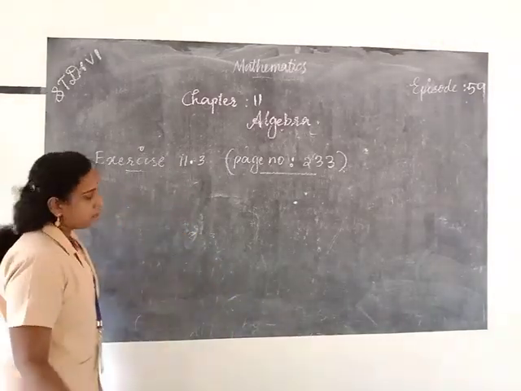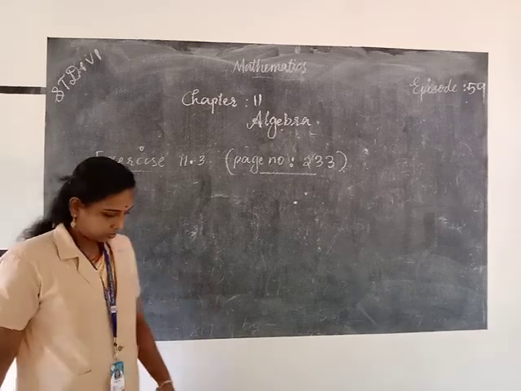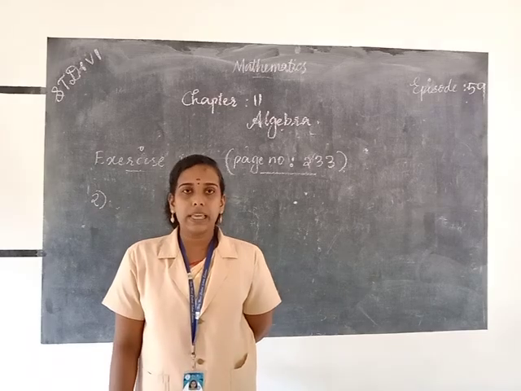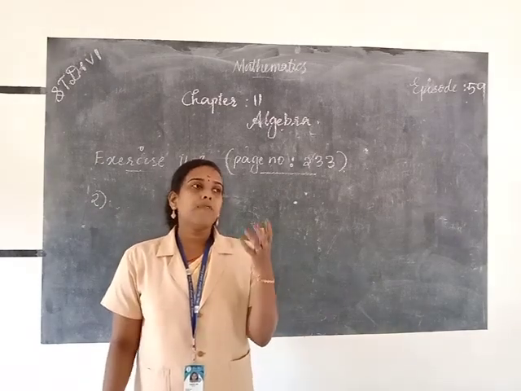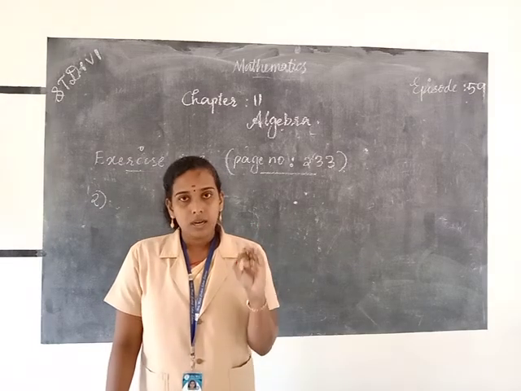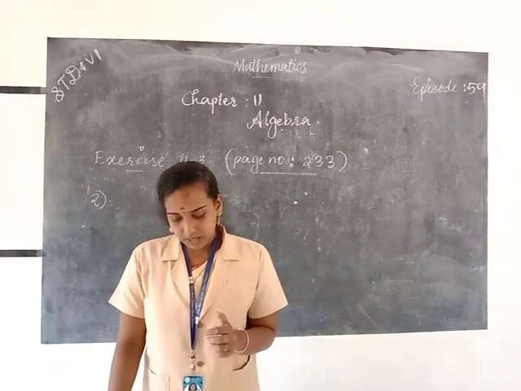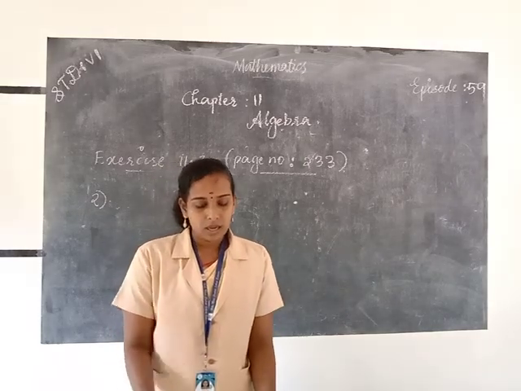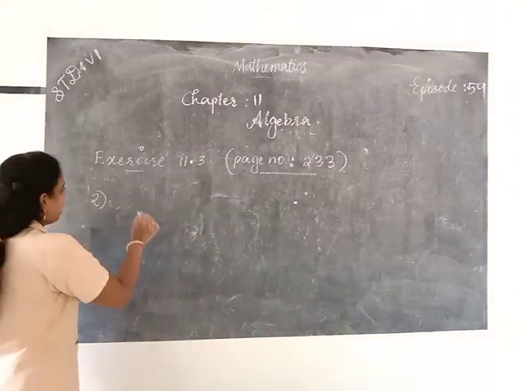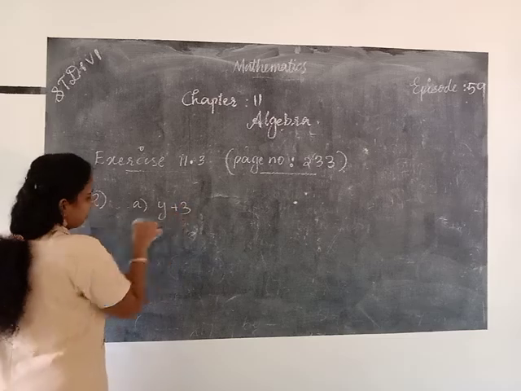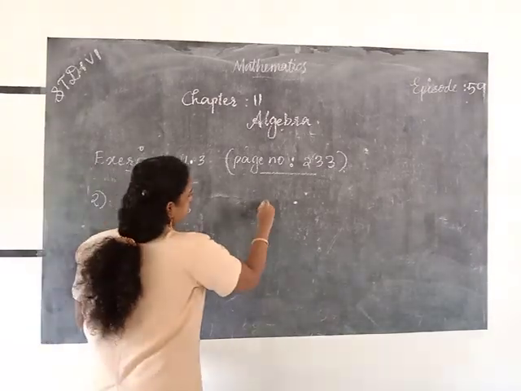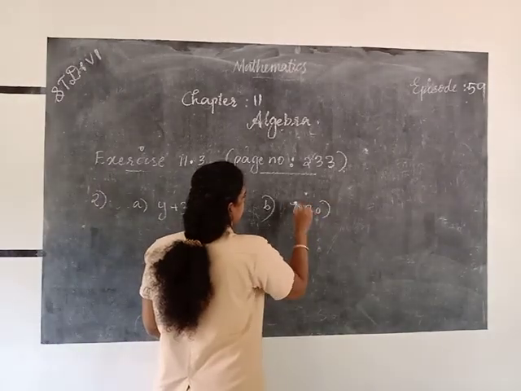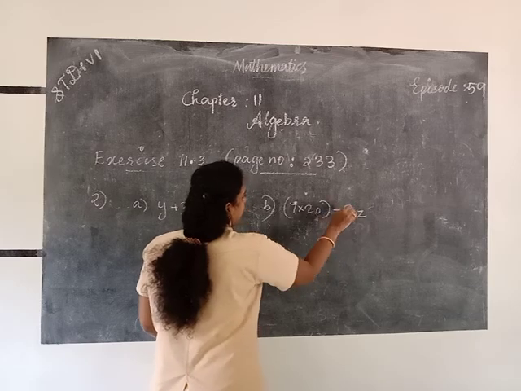So the next, question number 2: Which out of the following are expressions with numbers only? Here some expressions are given. Some of them are made using variables, and some of the expressions use only numbers. Here we want to find which of these expressions use only numbers. The first expression, a: y plus 3. Then the second one, b: 7 into 20 minus 8 is that, 7 into 20 minus 8 is that.